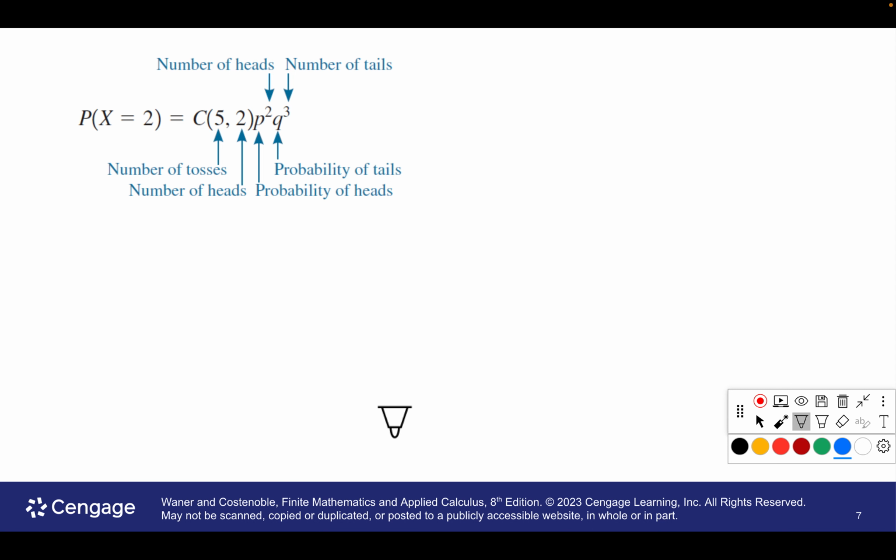And they give us this sort of in-depth breakdown of what's going on. This 5 is the number of tosses, the number of Bernoulli trials. So again, if it was 50 trials, this would be 50 instead of 5. The 2 is the number of heads, the number of successes that we're looking for. So if we were looking for 35 successes instead of 2, it would be 35. And then what you see is that these exponents always have to add to the number of trials. So 2 plus 3 is 5, because there were 5 trials. You'll always see that. So if there were 50 trials, you'd have to add those 2 exponents together to get 50.